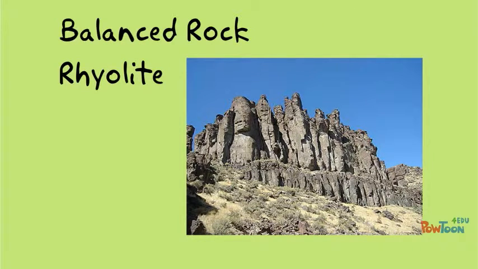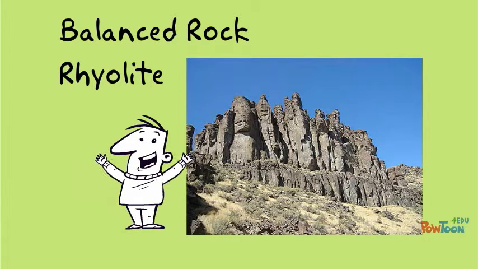Looking at the balanced rock made of rhyolite, there are many rhyolite lava flows like the 8 million year old balanced rock flow near Castleford with the Snake River Plain and Hawaii Plateau. Most are younger than the huge welded tuff layers, but are older than most of the basalt flows.